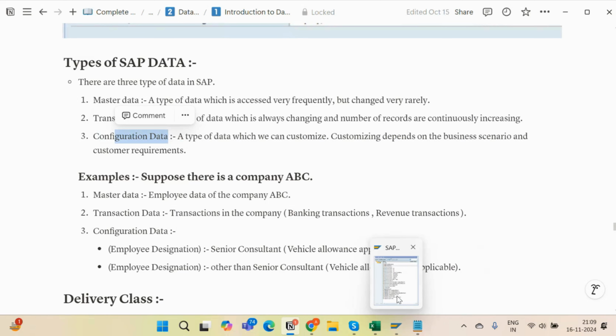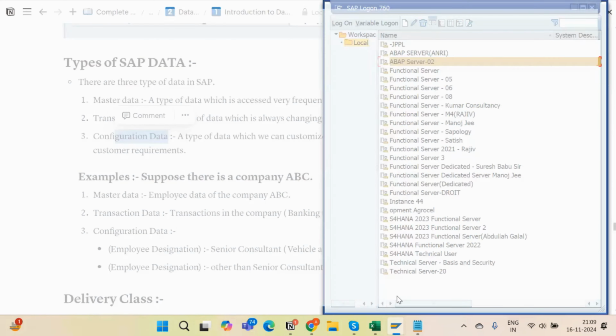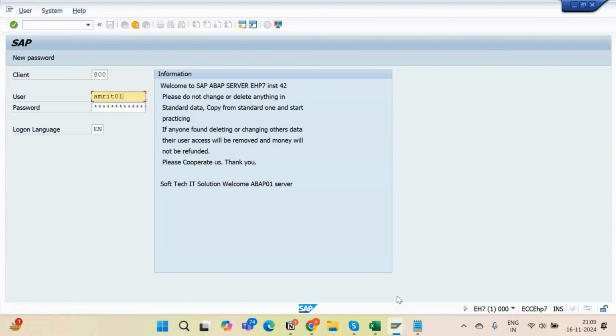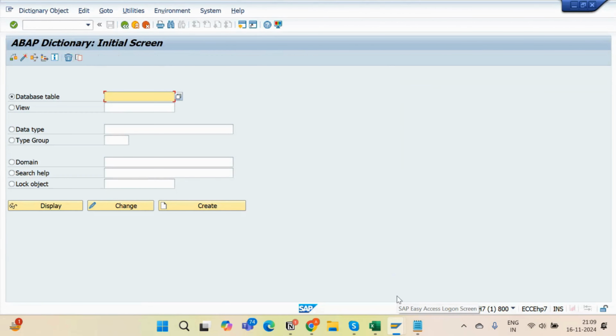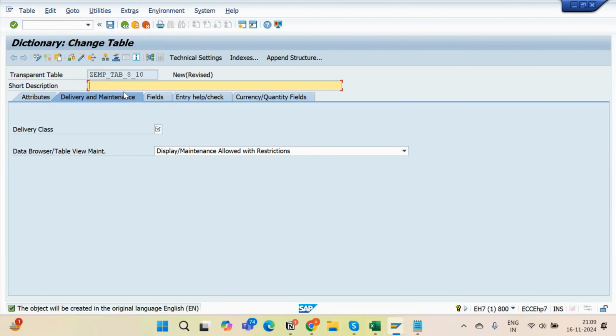All right, let's go for our creation part and let's see what is the use of this SAP data in our employee table creation. So now again, I will go to SE11. I will pass employee name here. I will click the create button and pass a short description, employee table. Now when you click on the create button and go inside this table, what you are going to see here is